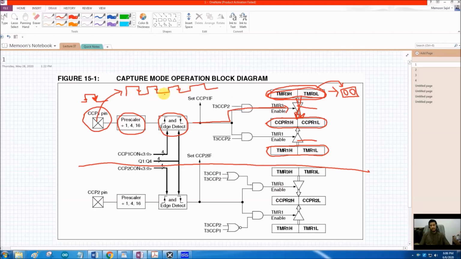So if a continuous waveform is connected here, and this value that is being copied at every falling edge is, let's say, displayed on a port, that value of port will be showing the number of counts it took from one falling edge to the next falling edge. So we will get this time period T, and this is the time period for this waveform, and this time period is equal to 1 over f.